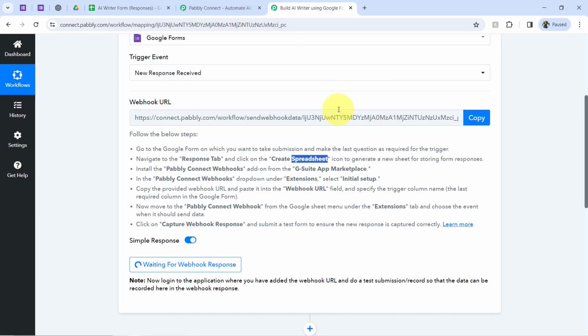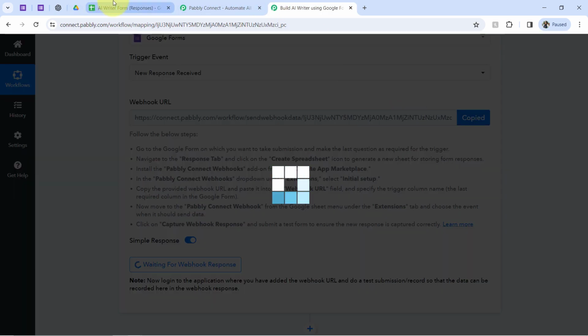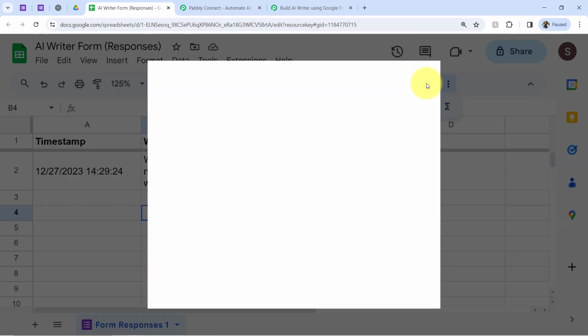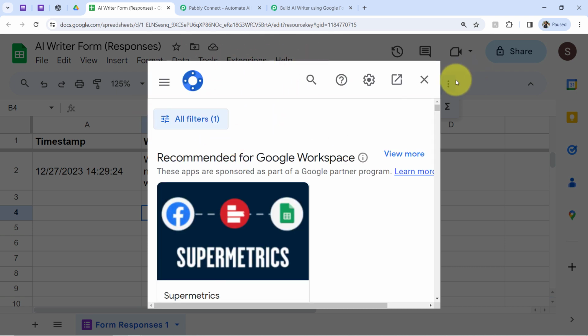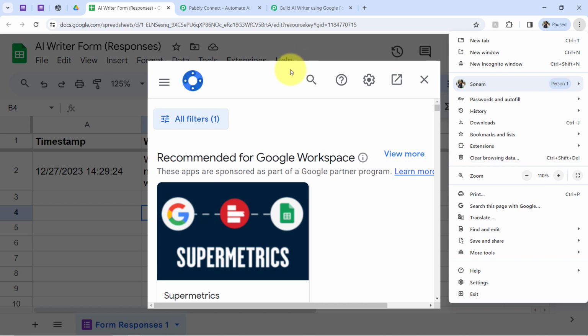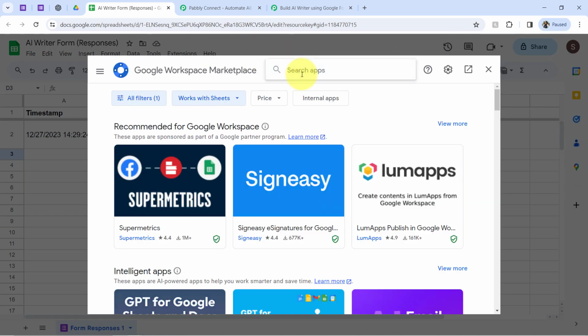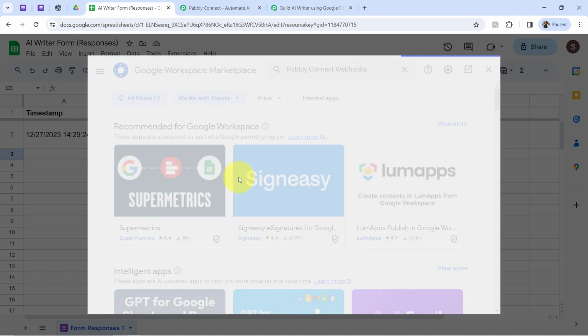Now you will have to copy this webhook URL and come back to this spreadsheet, and then you will have to click on this extension, add-ons, and then get add-ons, and here you will have to search for the same add-on, that is Pabbly Connect webhooks add-on. Okay, give me a second, let me minimize it so that I can show you this search bar clearly. Alright, this is the search bar and searching for the same, that is Pabbly Connect webhooks add-on, and you will